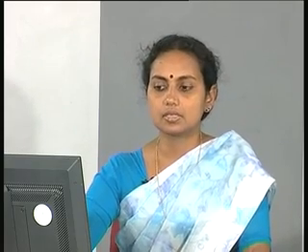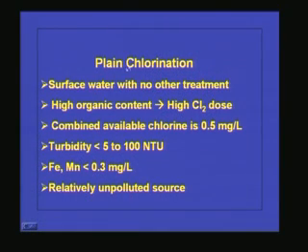In an emergency, or if your water source is very clean or unpolluted, then we can go only for plain chlorination. We do not have to go for any other treatment. So, for surface water with no other treatment, we go for plain chlorination. If high organic content is there, a high chlorine dose is required. When we go for plain chlorination, we have to make sure that a combined available chlorine of 0.5 milligram per liter is available after the chlorination and after the contact time, and the turbidity should be less than 5 to 100